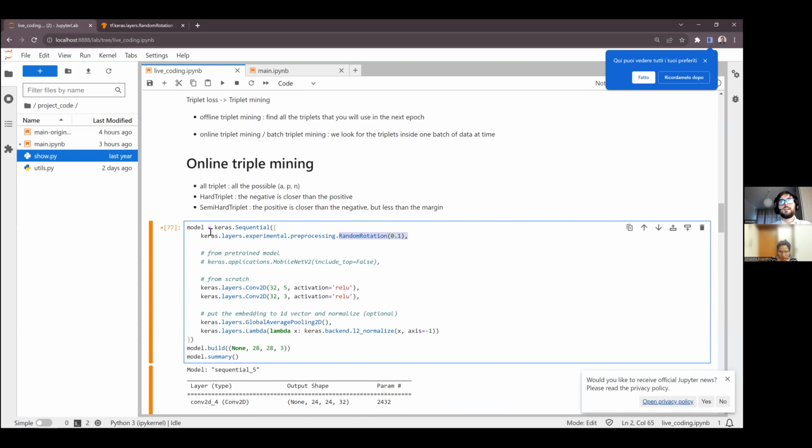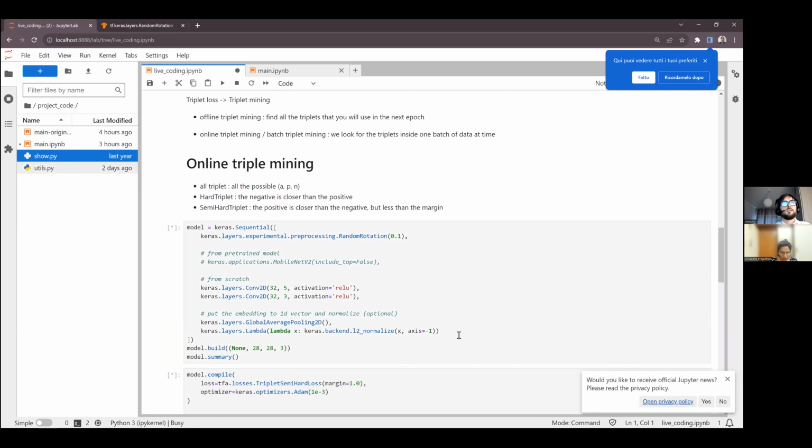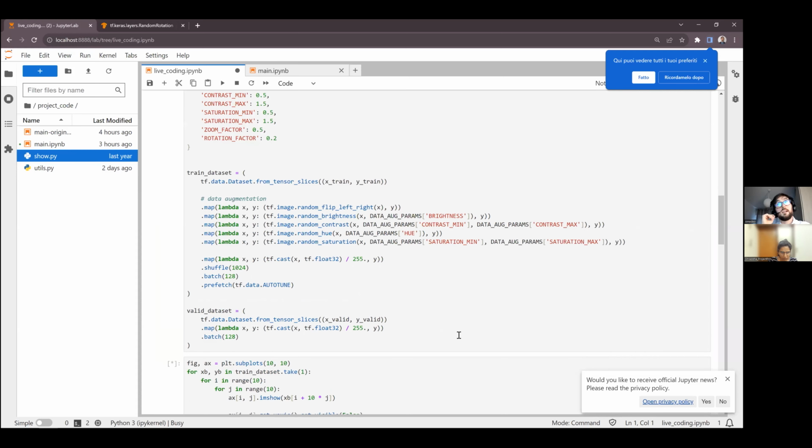Simply, I find it easy to put it inside the model, so I don't need to touch the data. But it depends on your preference on how to do things. Let's try to run all the code again to see if it works, and maybe see also if it changes the performance of the model.